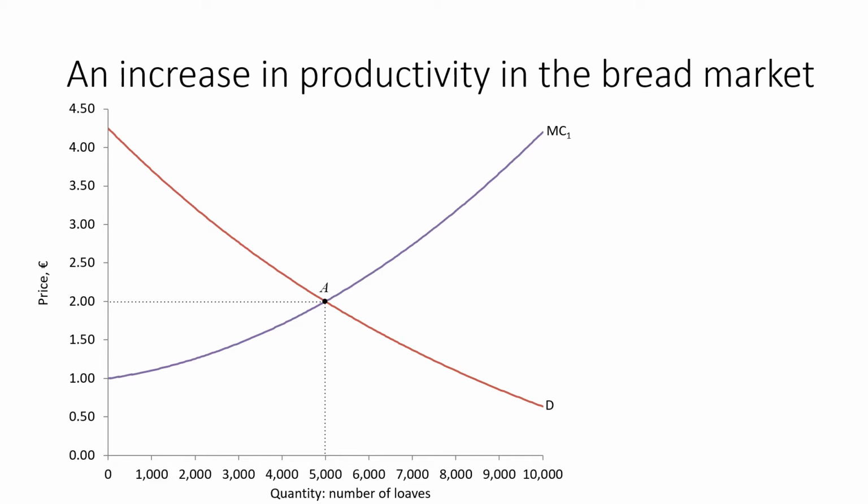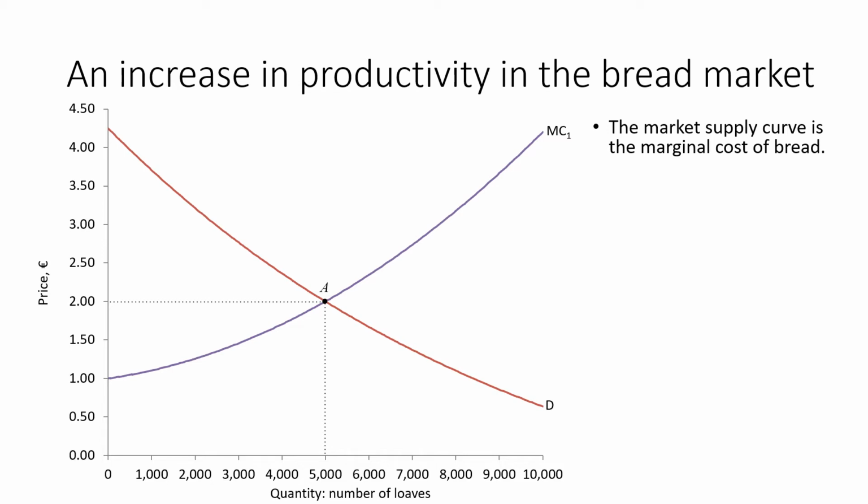And if there was an increase in demand for bread, we'd shift out the demand curve slightly, and we would increase the price slightly, but it wouldn't increase it a huge amount, because every bakery would just be producing a few more loaves, which would cost them a little extra, but not a lot extra per loaf.